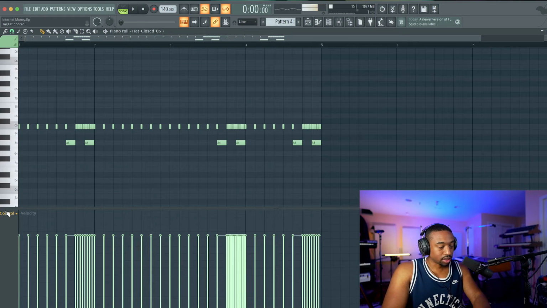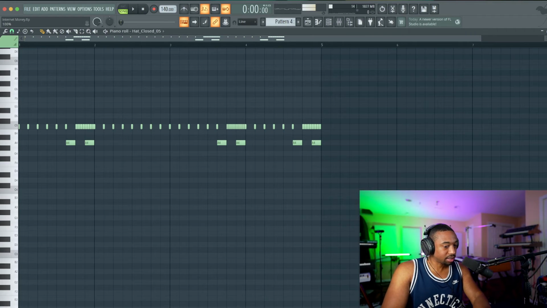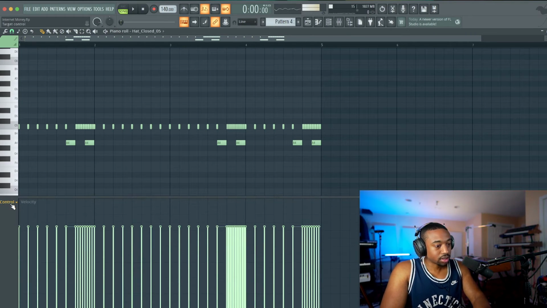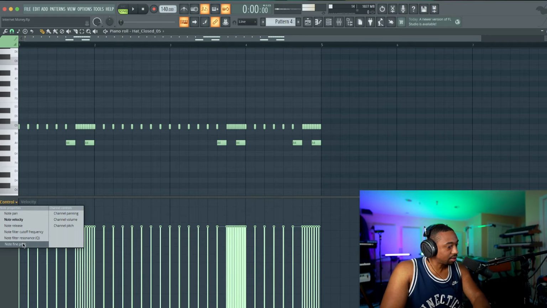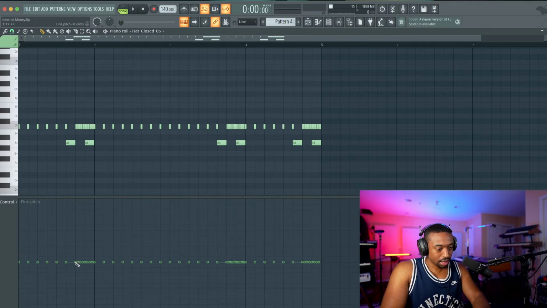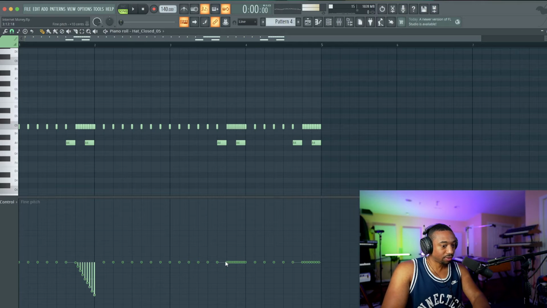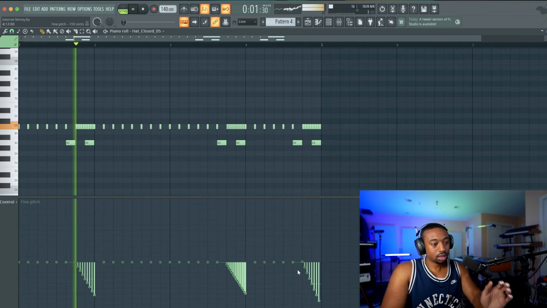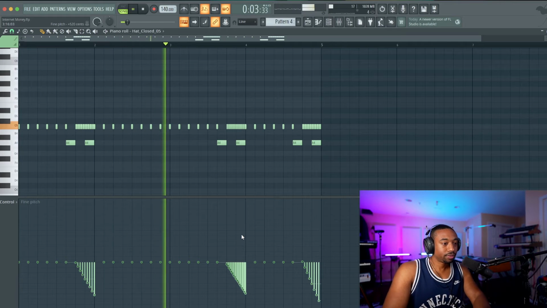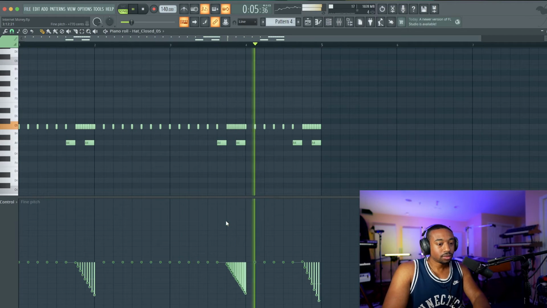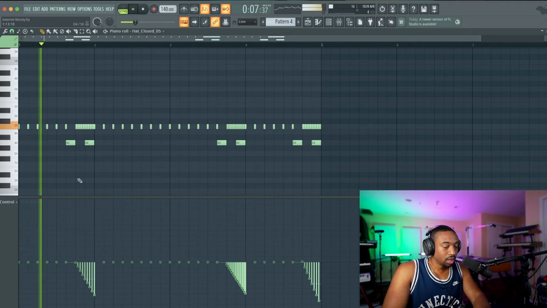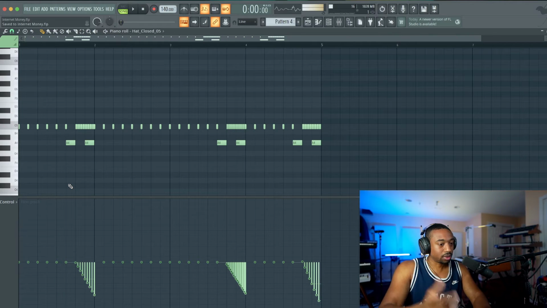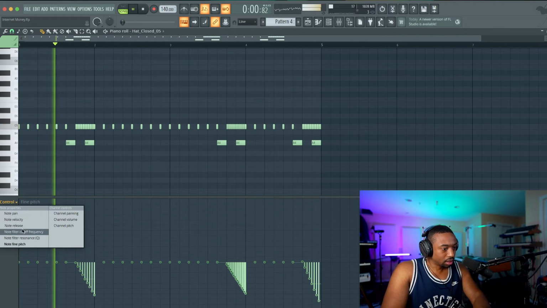Okay, now let's go to the bottom here. If you don't see this, grab the ellipses at the bottom, left click and drag. Go to the control section and let's switch this to fine tune pitch. Now we can right click, and every time we have a hi-hat roll, we can actually pitch it down. These are called pitch dives. They use this now in Yeet Beats, but Internet Money made it more popular.